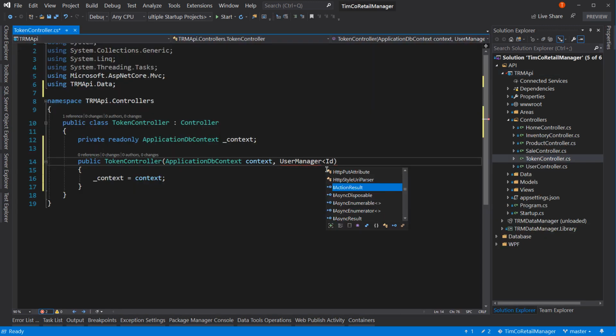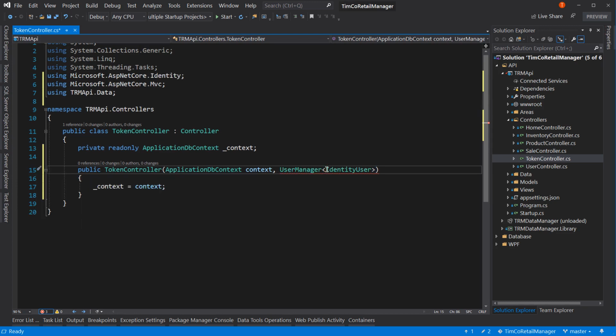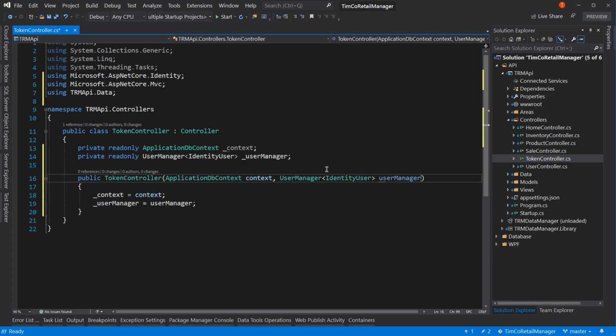of identity user. All right, so it's a couple of using statements here. Actually, just one, it looks like. And we're going to call this user manager, and Ctrl+. to create that field as well. Okay, that's just a constructor to get a couple of things from dependency injection that we're going to need for the rest of this. Let's start off with establishing a route